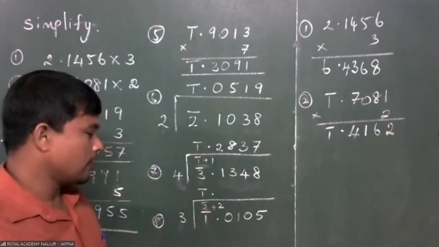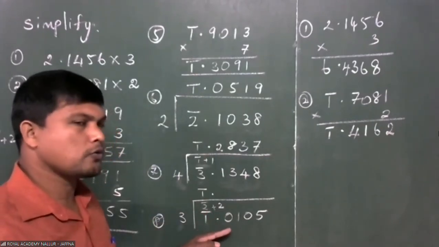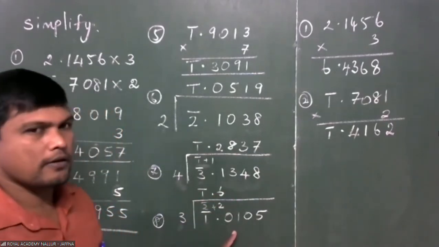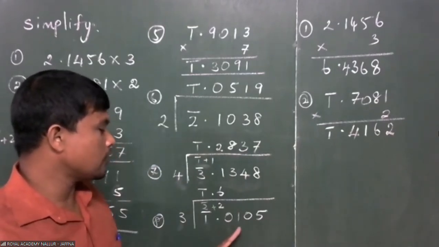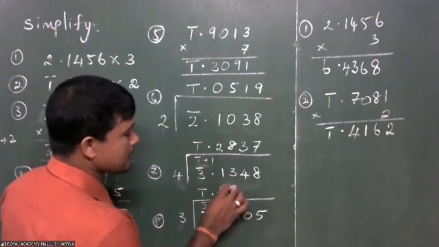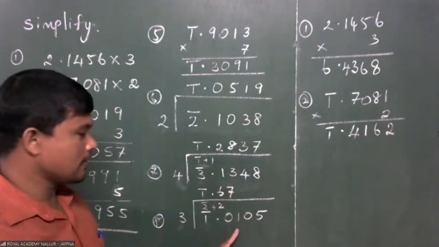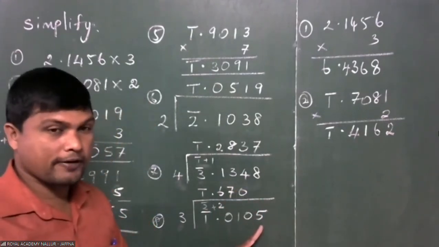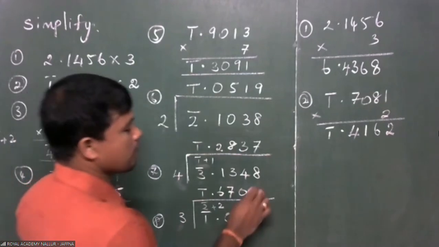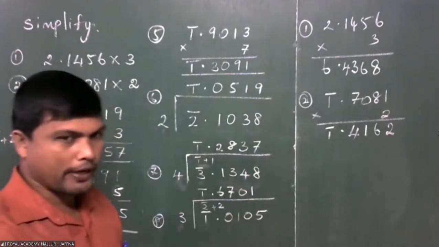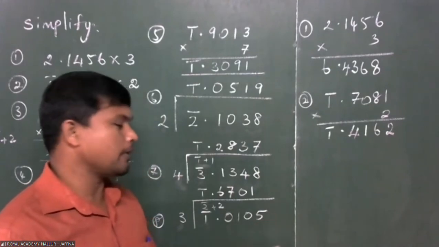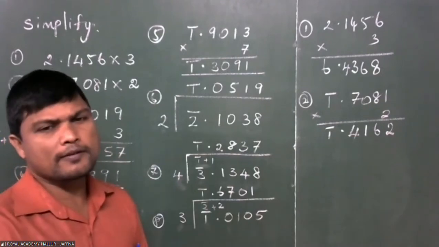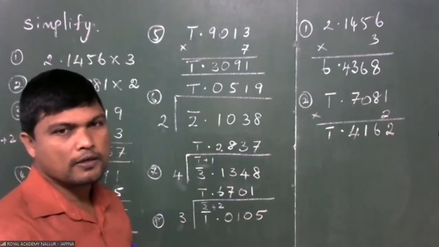Then this is over. Then 2 here, that 2 makes this 20. Out of 20, 3 is 6 times. 3 into 6, 18. Remaining 2. Then 21. Out of 21, 3 is 7. 3 into 7, 21, over. Out of 0, 3 is not there, therefore 0. Then the next digit 5. So out of 5, 3 is 1 time. 3 into 1, 3. Remaining 2. Then by keeping zeros, you can continue this decimal. But you see, 4 decimal places are enough in this. Right? Okay.